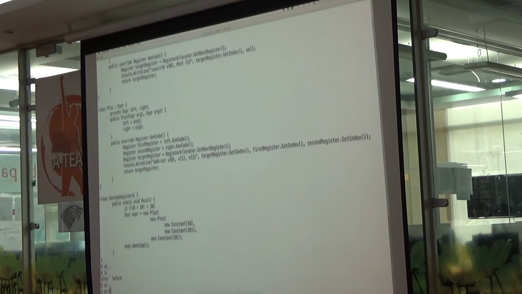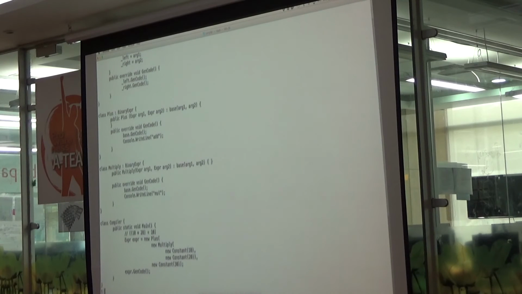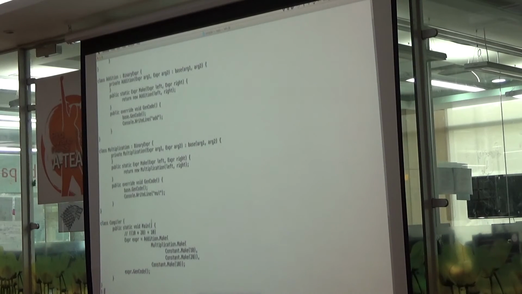So we have factory method slash before slash compare. Now this is what I have as an existing one. What are we going to do? What happens if we use a factory method? This is what happens.